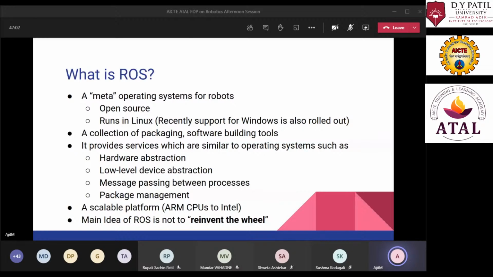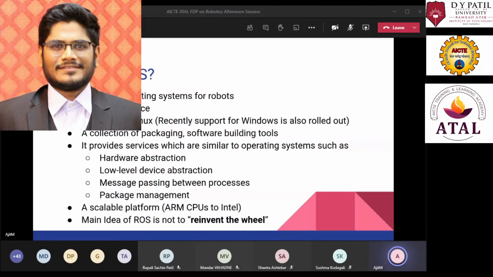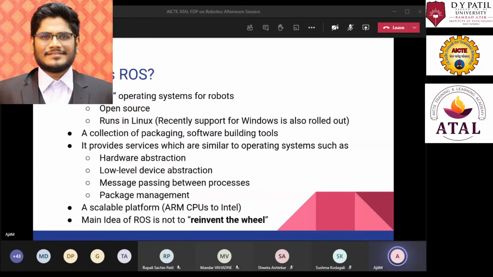Then there are things which ROS helps us to do a lot, such as hardware abstraction, low-level device abstraction, message processing, and package management. So what do you mean by hardware abstraction? There are sensors which are used in your robots, like GPS sensors, wheel odometry sensors, then there are IMU sensors. When you're working on embedded systems, you require libraries to interface all these sensors with your code or with your system.